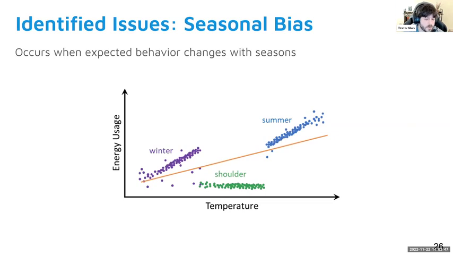And what we would currently get if we ran CalTrack 2.0 would be a model that tries to go through and slice through the middle of all of that. So you end up under predicting winter, over predicting shoulder, and yet again under predicting summer. All in all, if you run this for the entire year, and you aggregate all of that together, you're going to see the exact same effects that you would expect as what Adam just showed.